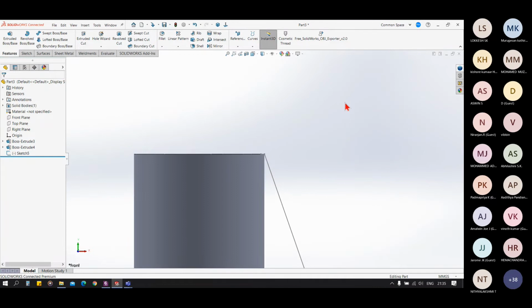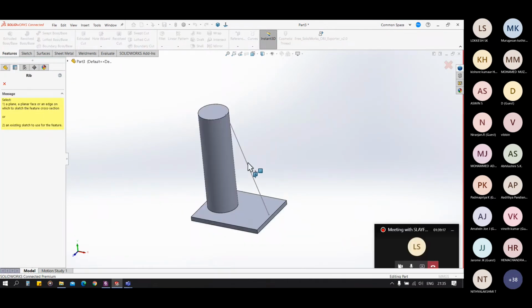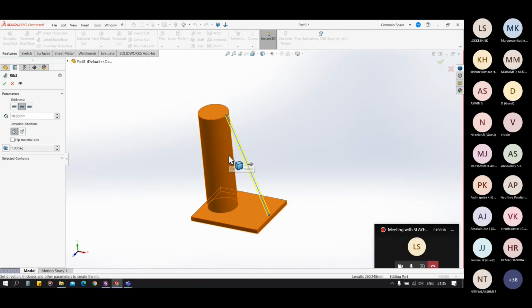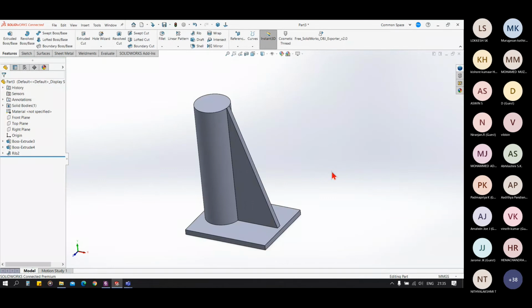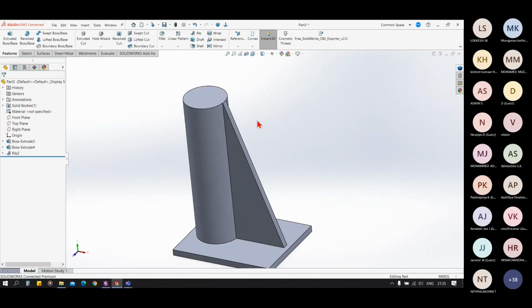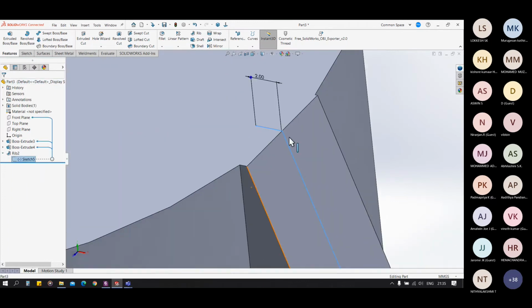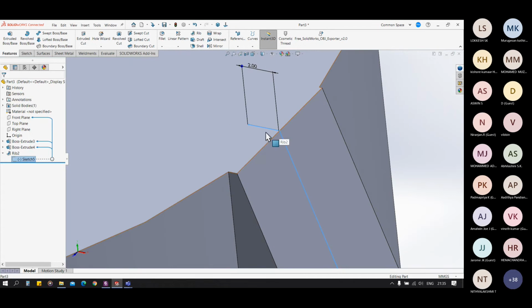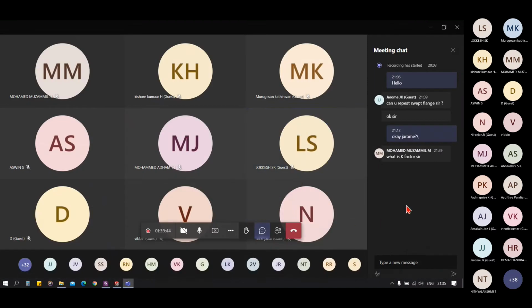Okay, and now when we flip the material side, it will give us a rib. Remember, we have to extend the sketch from the point on the inner side by 1 or 2 mm.